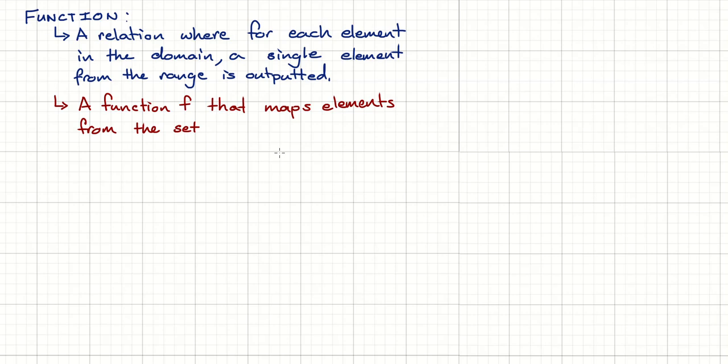A single manuscript, non-italic capital letter. So I'm going to map, instead of saying from x to y or the domain to the range, we're just going to say, hey, my function f is mapping elements from the set A to the set B. So from A to B is all we're doing. From the set A to the set B